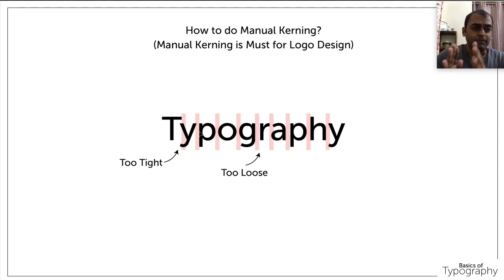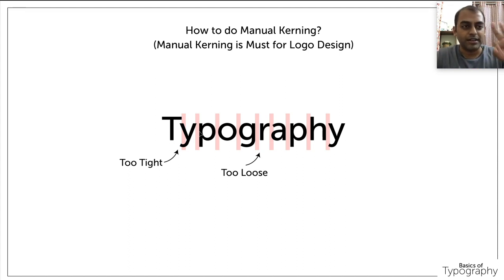Imagine a cluttered march past and a uniform march past. How it looks, there is a beauty, right? When soldiers march past in a straight line with equal spacing between each two soldiers, the beauty lies there. That same beauty is what we require between each and every character. The beauty of the word, of the brand name, of the text lies in the spacing between each and every letter. So make sure you follow this manual kerning.